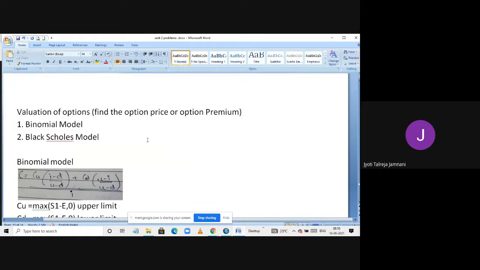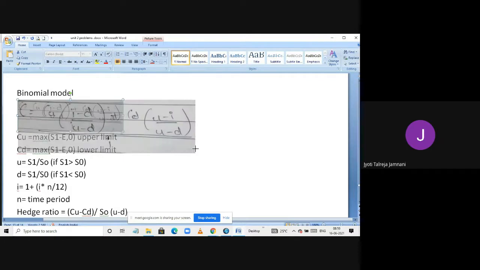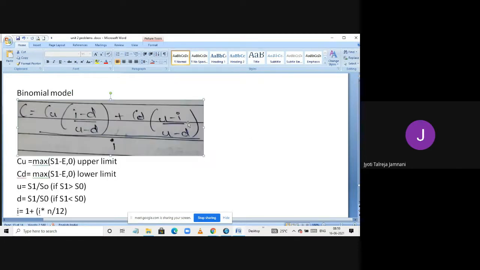Now in the binomial model also there are 2-3 ways of doing it, step by step. It goes on getting tougher. But for us in the syllabus, there are no tough problems or higher versions of the binomial model. They're just basic: what is the binomial model and how to find the premium. So a step-by-step procedure is not there here. Only the basic first step is what we are going to use, and for that, this is the formula. Is it visible clearly?